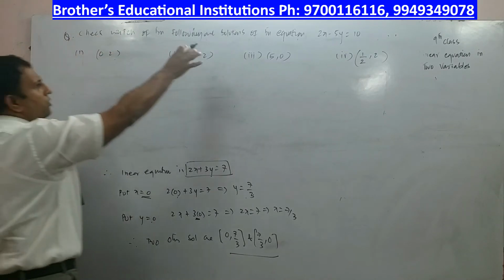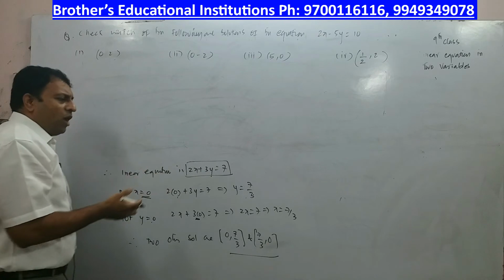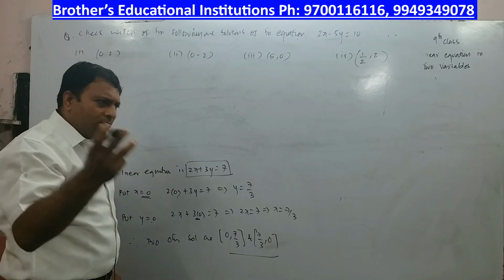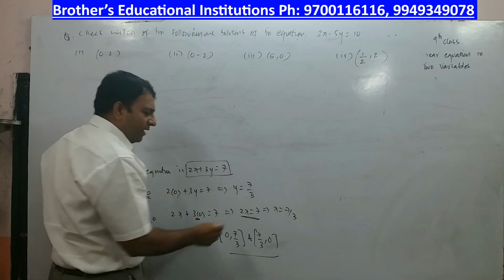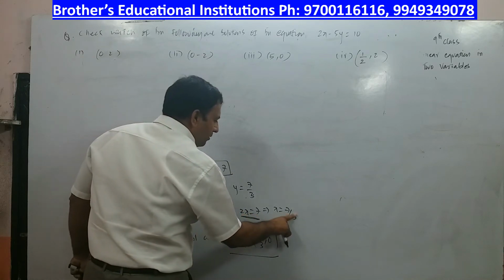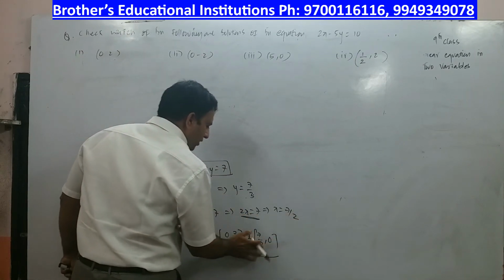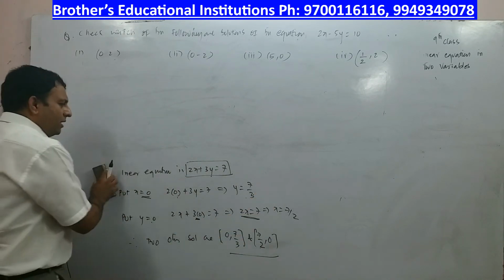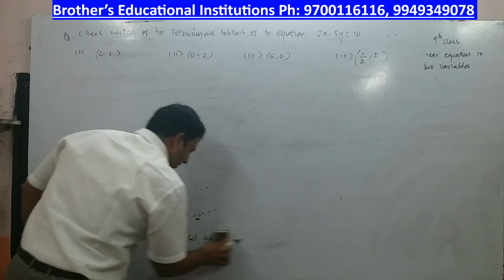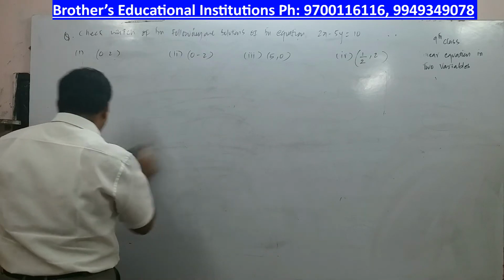Yes children, the new question, but before we go I ask you to copy. Did you copy as it is? Make sure you don't copy it blindly. Here you have 2x is equal to 7, so x is equal to 7 by 2. Alright, so make sure that you don't make these mistakes. X is equal to 7 by 2. So make that correction. Now we will move forward with a new question which is there in front of you.